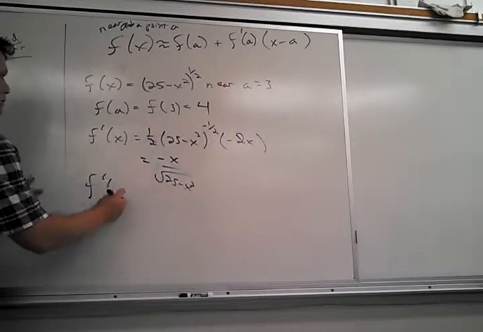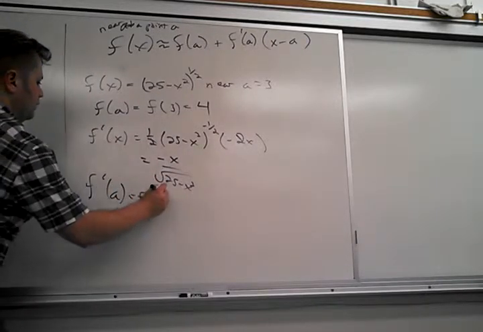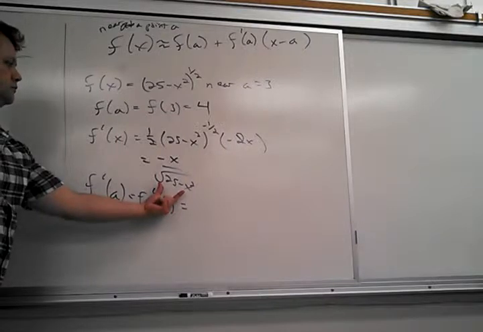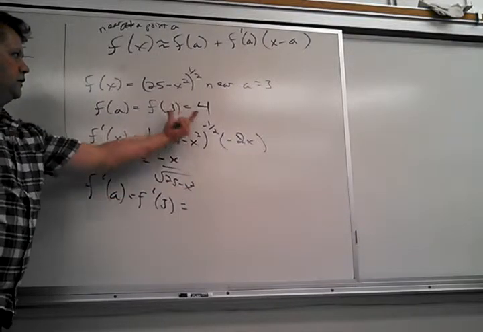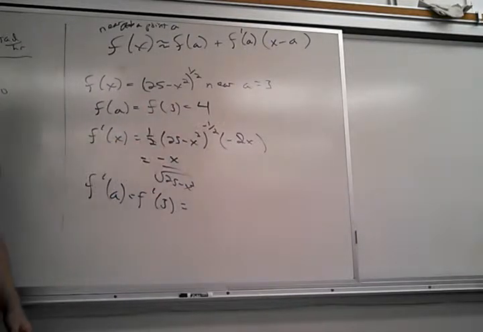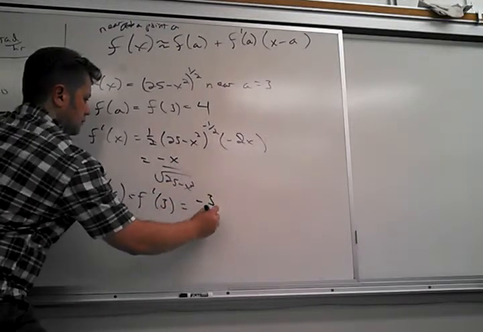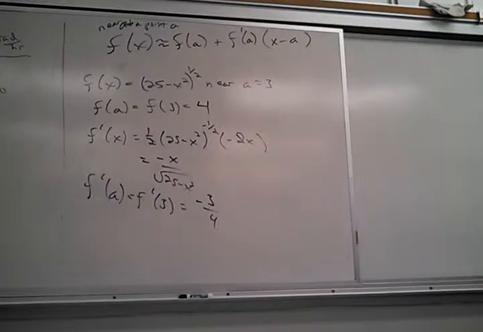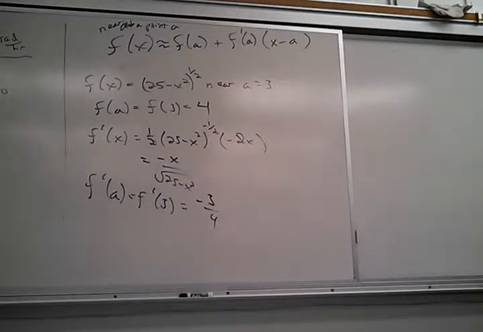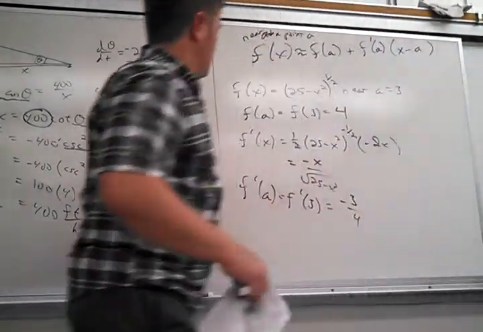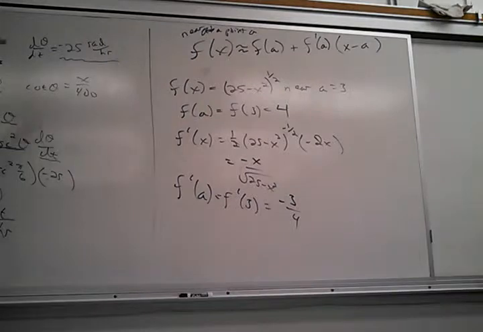So what's f prime at a, which is f prime of 3? Well, the bottom we know. We already did that. It's 4, right? And the top will be just negative 3. So I get negative 3/4. Can we do one more of those? We're not done with this one. Well, we will. Yeah, we'll do another one. So now I've got everything I need